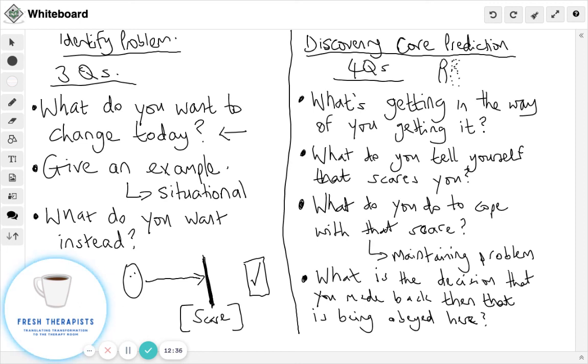It was always viewed in that negative way, like stop showing off or any of those kind of messages. And so back then I decided it was just safer to be invisible myself and to not really put myself out there and not do anything really that might get that negative message that used to come my way. And that's the decision that I made back then that I'm obeying here.